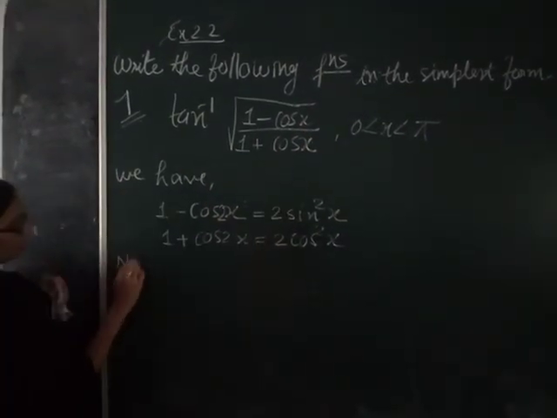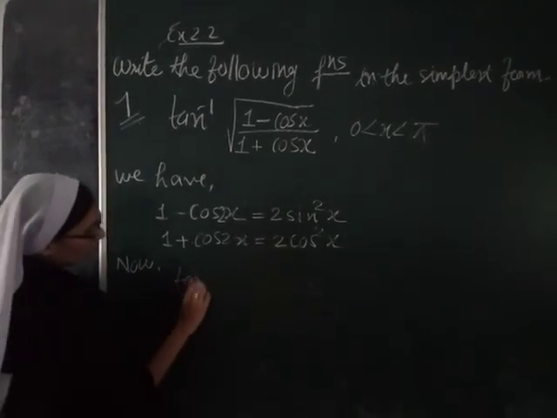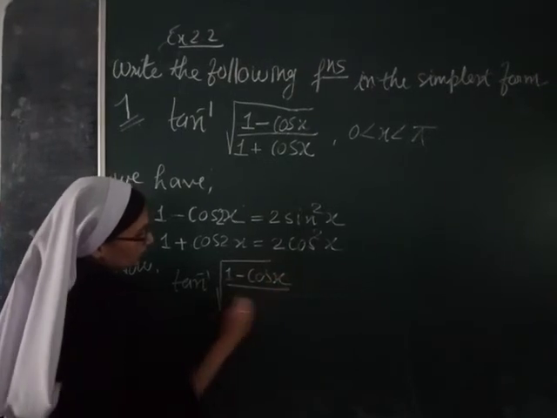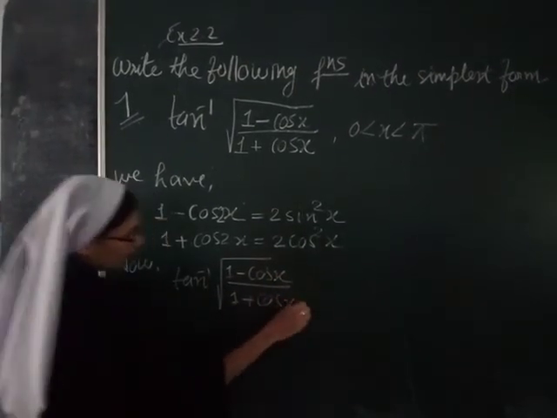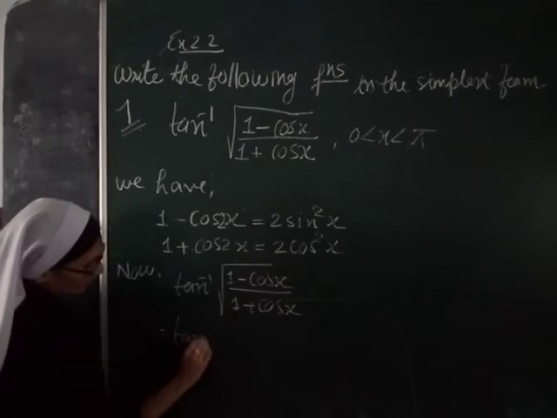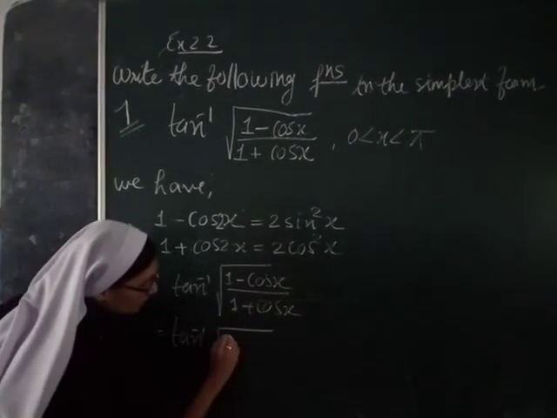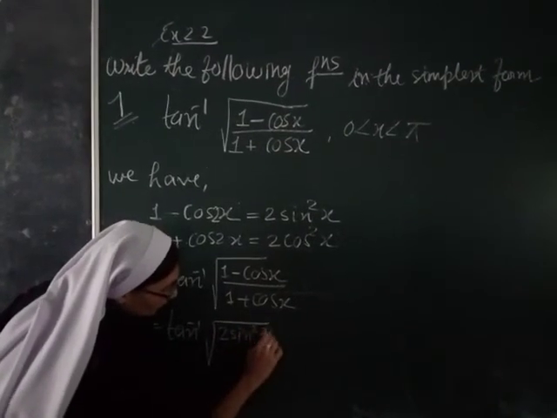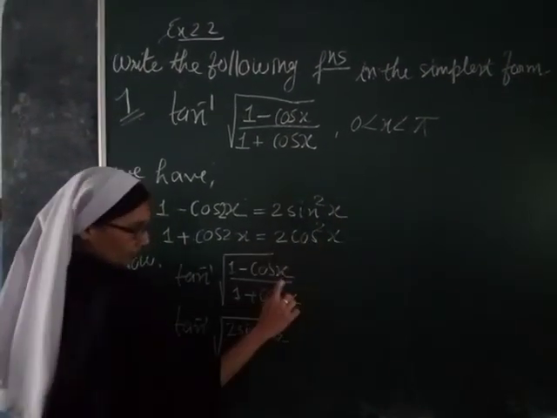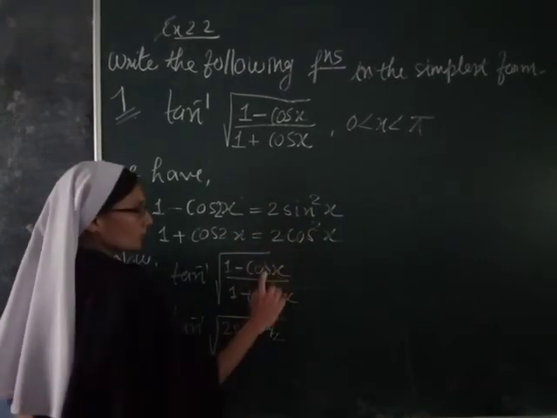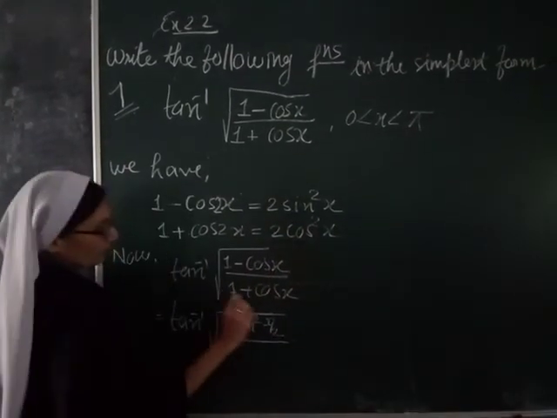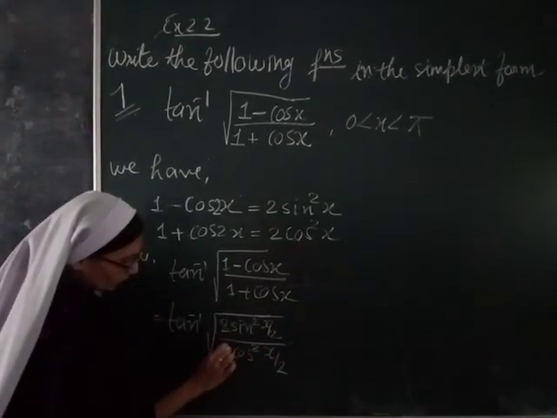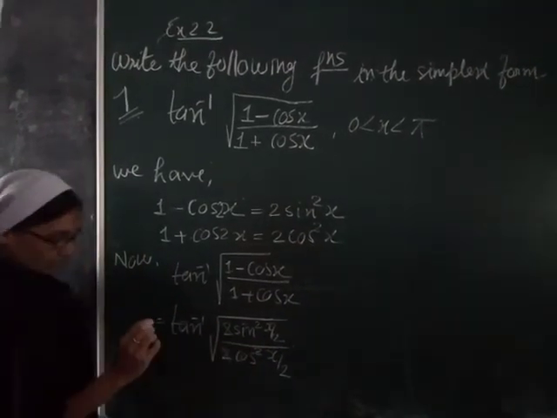So right here now tan inverse of 1 minus cos x by 1 plus cos x. We will apply this formula. So tan inverse, 1 minus cos is 2 sin square, it becomes x by 2. Only this angle becomes half because it is x here. Divided by 1 plus cos is 2 cos square x by 2. So 2 and 2 you cut. Sin square by cos square is tan square.